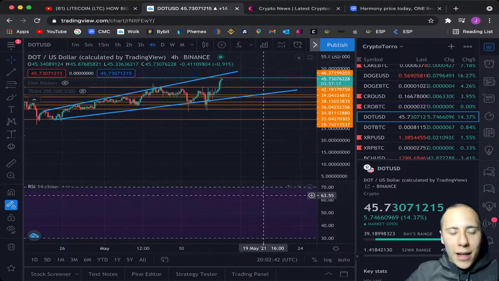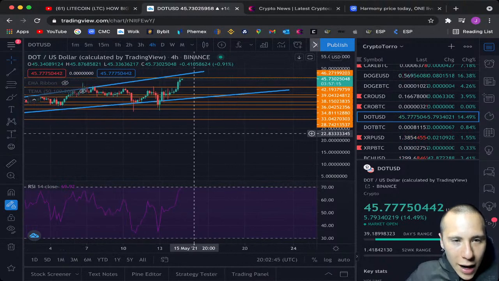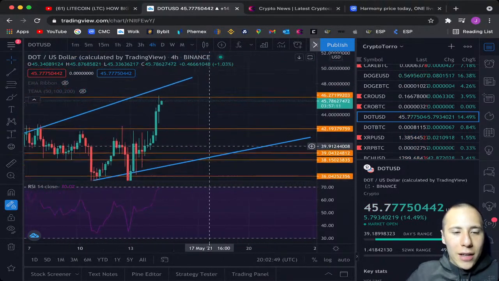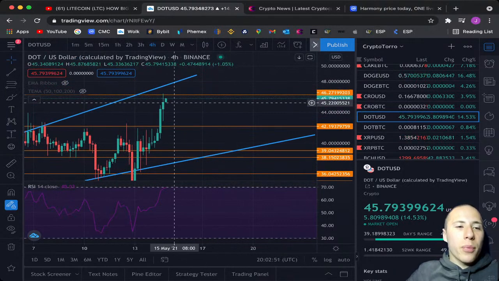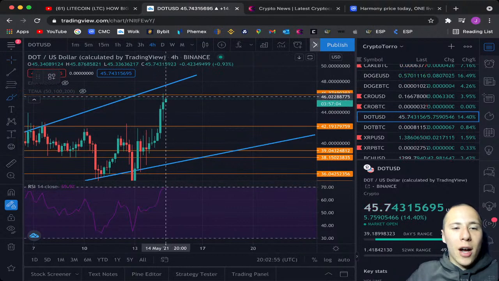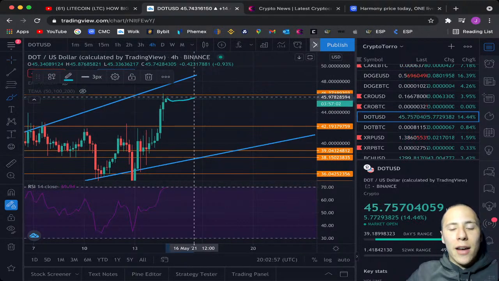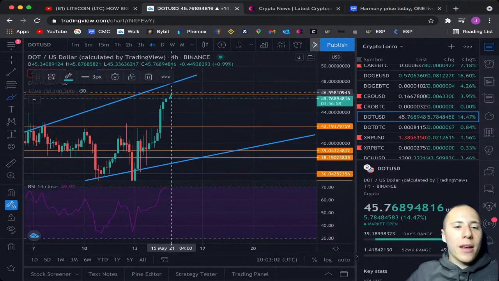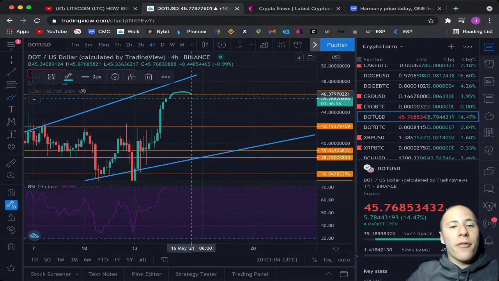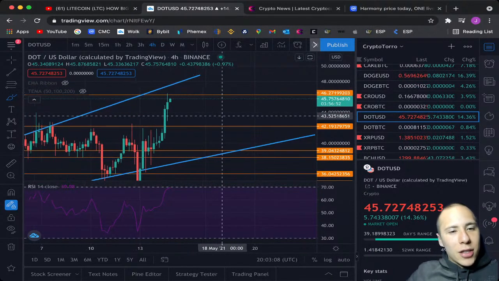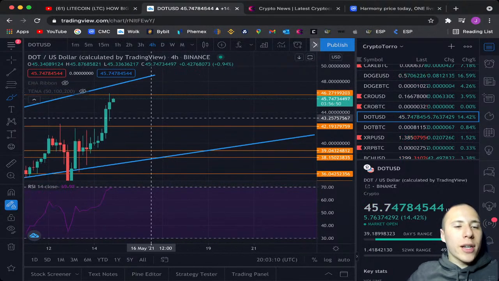So the relative strength index, I'm a huge fan. And yes, as you can see right now, currently we are seeing a huge upward momentum on the Polkadot chart being created, and I'm personally expecting Polkadot to trade down below the 46 level, or I would be more happy if it traded above and found support on this level. But that's just a matter of time to see what Polkadot will be doing.